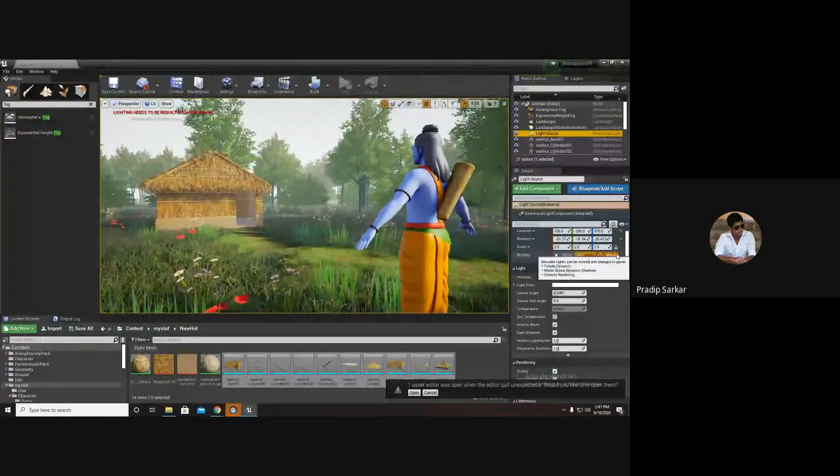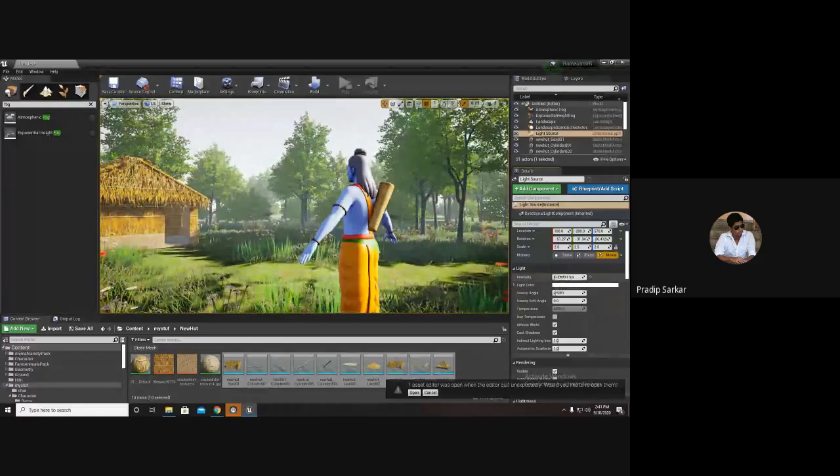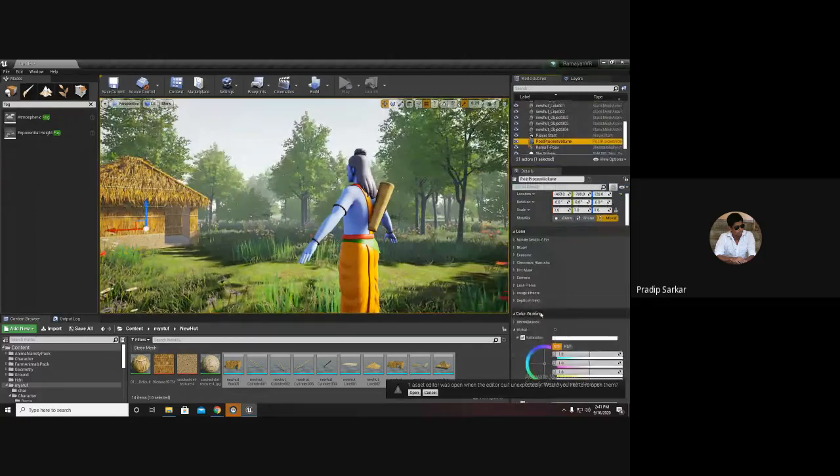Next, if I select my light, I can change some of its intensity, and the post process volume.